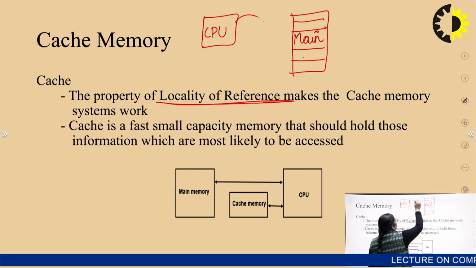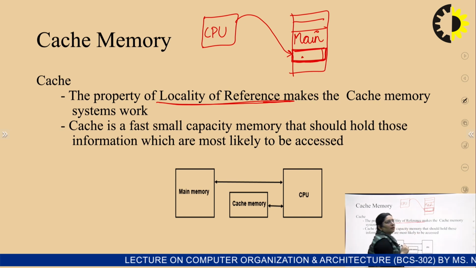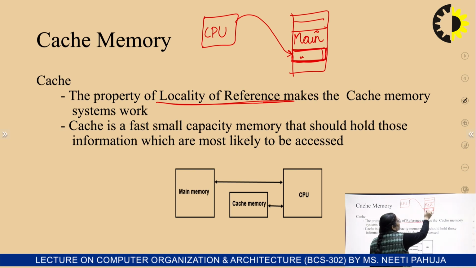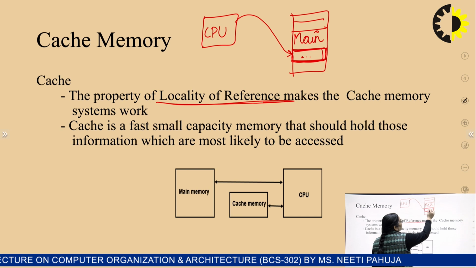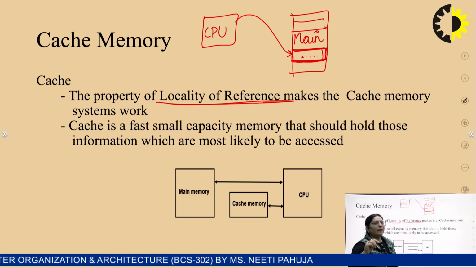So the CPU made a reference to this one. Now the system has defined a block as the locality of this data item. For frequent access, we assume that if the CPU has accessed this data, it will definitely access the data neighboring it. So the neighborhood is defined in a block, and that block itself will be kept in a